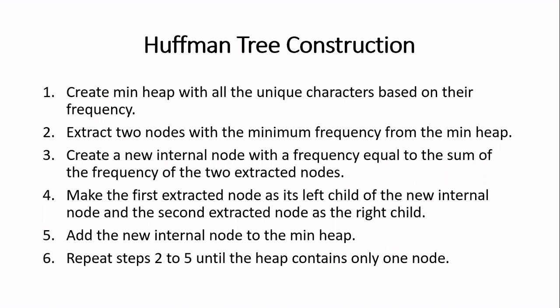So every time you insert a new node, the tree will be reconstructed again and again. Whatever characters are given to you, with all the characters, you construct the min heap based upon the frequency. After that, once the tree construction is over, you have to extract two nodes from the min heap. The meaning of extracting is to delete the node. So I have to delete two nodes.